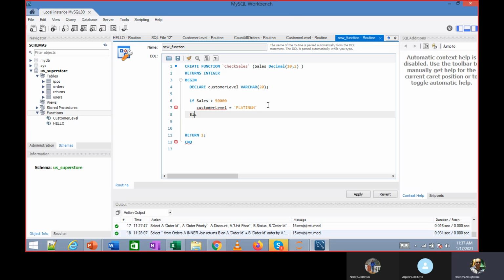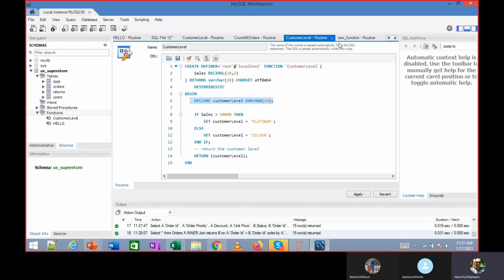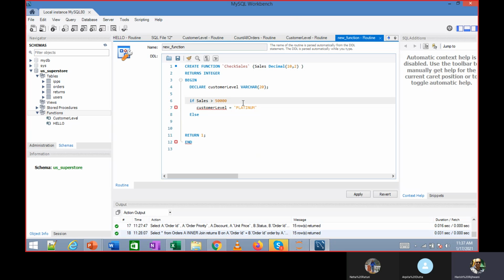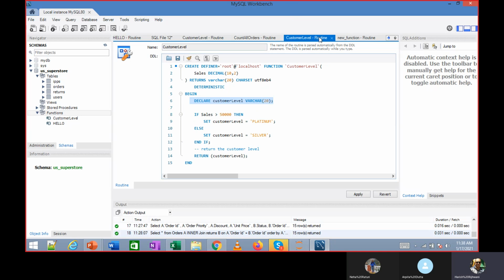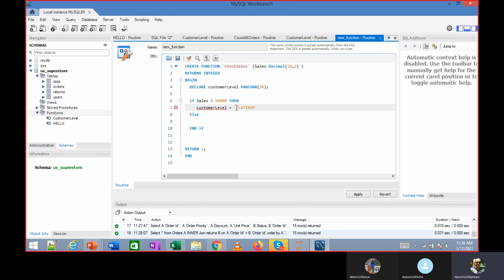Else, is there a then over here? Yeah, there is a then over here. I need to use set. It doesn't work just like that. I need to use set. Else.